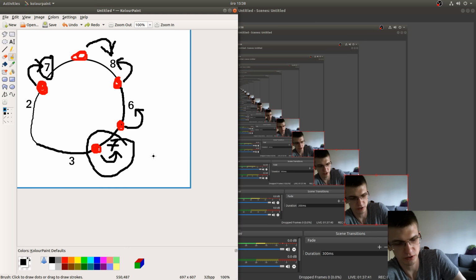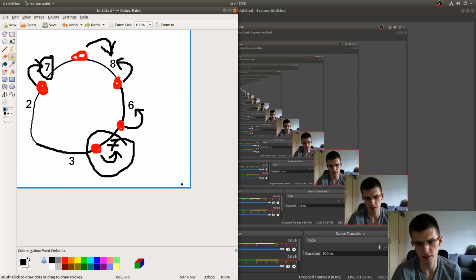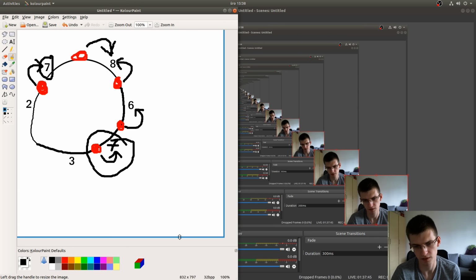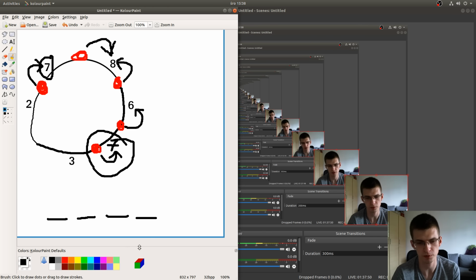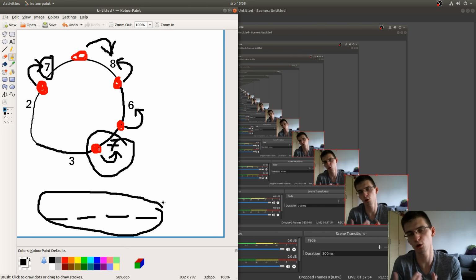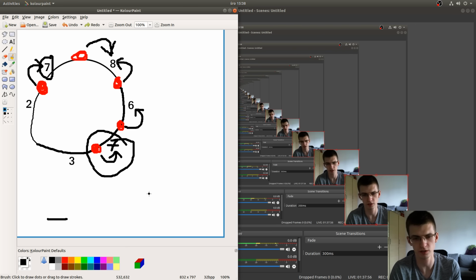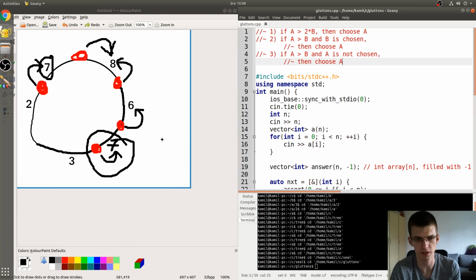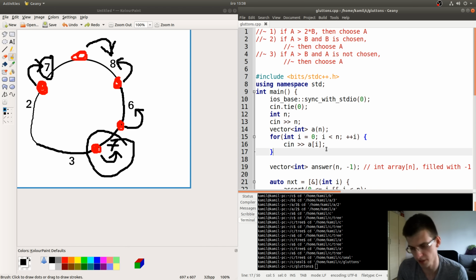Also, when I try to come up with a solution and I have a sequence of numbers, for example, 4 numbers from the sample input, I would just write them down here, and looking at them, I would try to invent a solution, to think about properties, observations, maybe we should split something here, things like this. So a big part is looking at a picture, a drawing, and trying to understand something there.